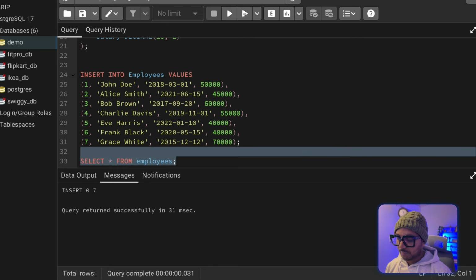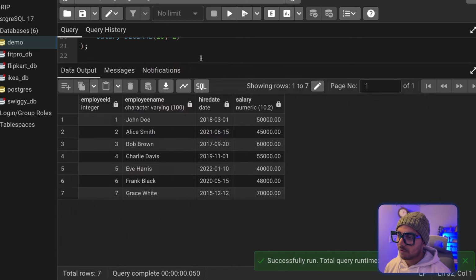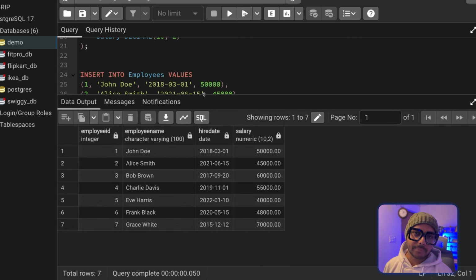Okay, so if you see the employee table, it has the data of all the employees. What we need to find out is the people who have been with the company for more than 5 years. We're going to give them a raise of 10% in the salary. For the people who are more than 2 years but less than 5 years, we're going to give a 5% raise, and for the people who are less than 2 years, we do not want to give any